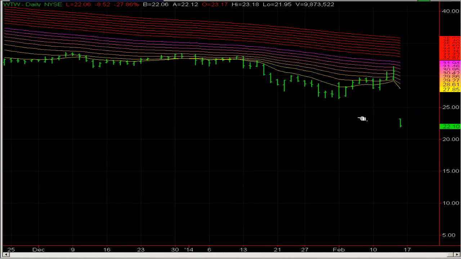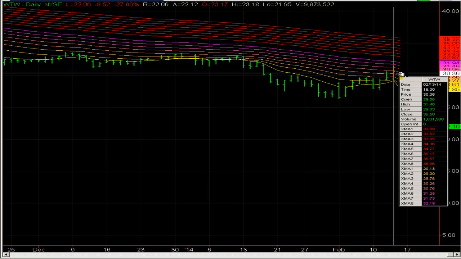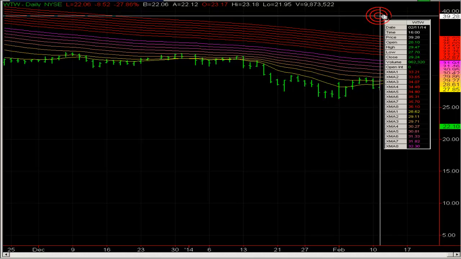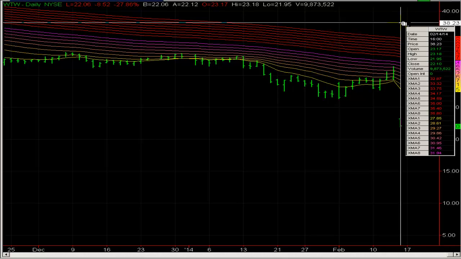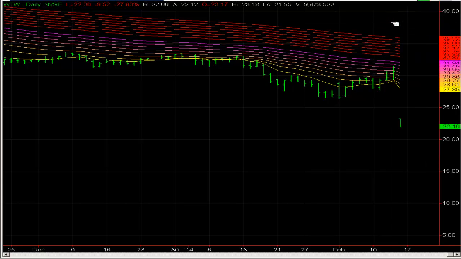Now you get absolute surprise when you are in a downtrend like this. Stock closes here and opens up here. More often than not, earnings won't give you that. Sometimes it will. More often than not, this is a takeout. Stock closes down here. It's in a downtrend. Somebody agrees to buy WTW, and on Monday you would come in and the stock would be up here like this. But that's obviously a special case.